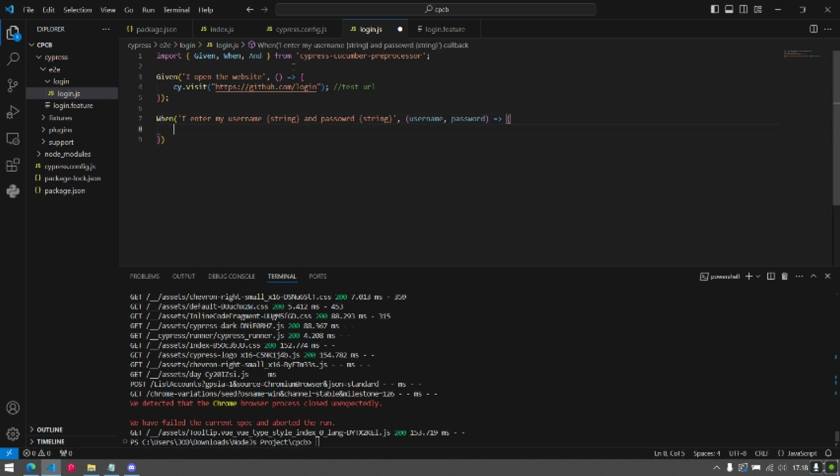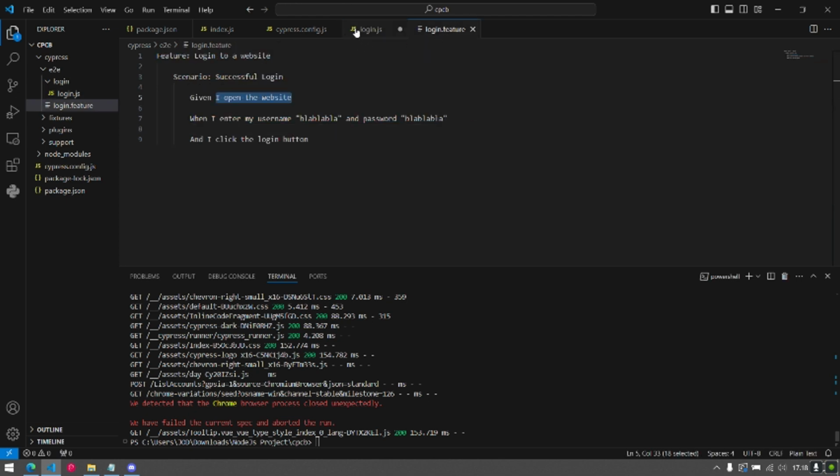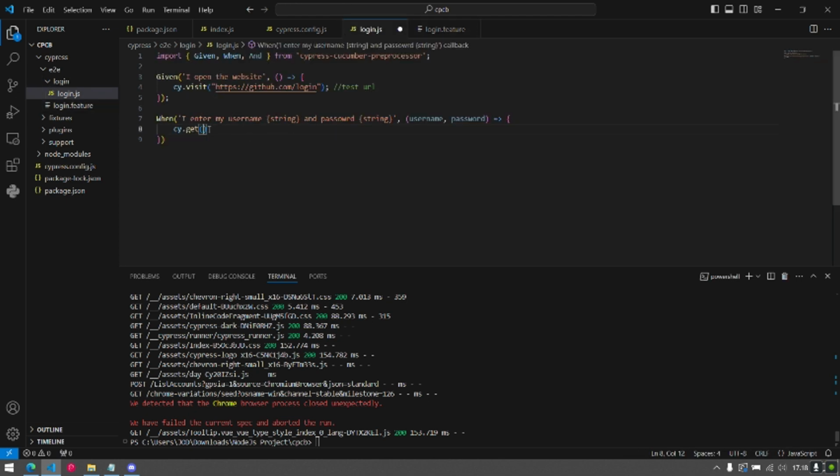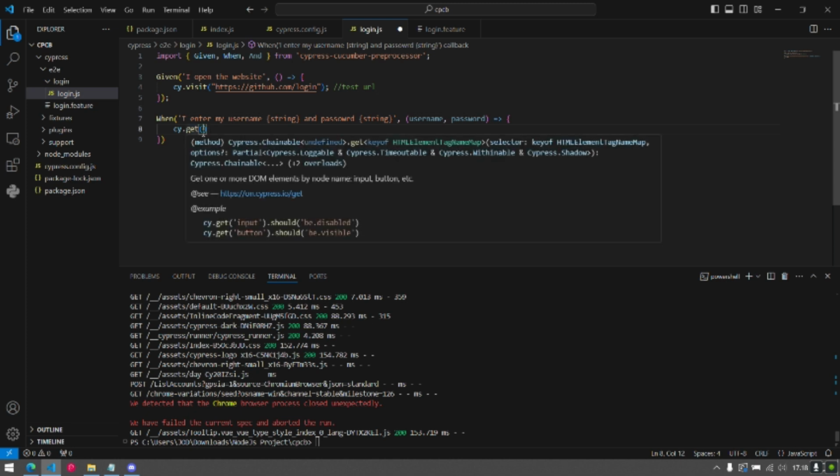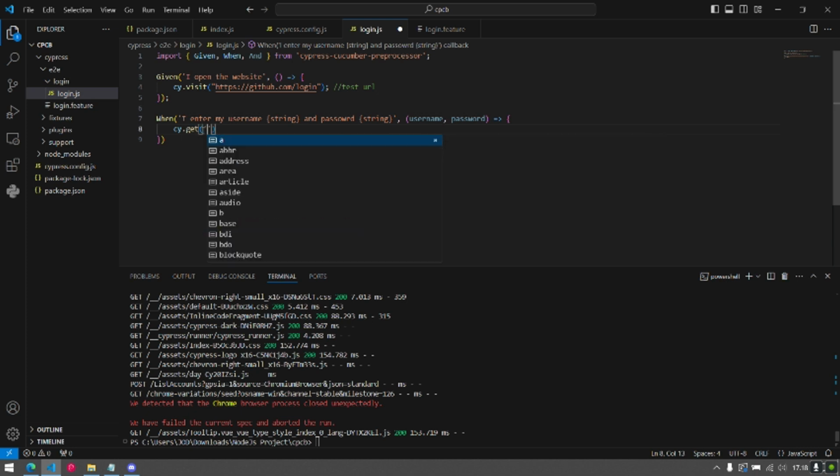This function, so the system will add the username and password that we typed before in the login feature file to the element in the GitHub login page. Okay, some HTML element in the GitHub login page, which is the input that has the name of